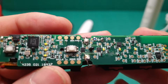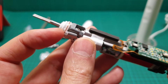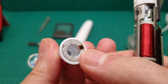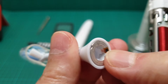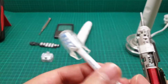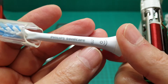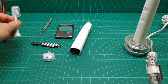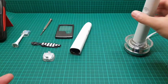But this is the board, and this coil at the tip is the one that recognizes your brush head. As soon as you put it there, it recognizes which one this is. For instance, this one is G2. G stands for gum. This is G2. And immediately this one goes,